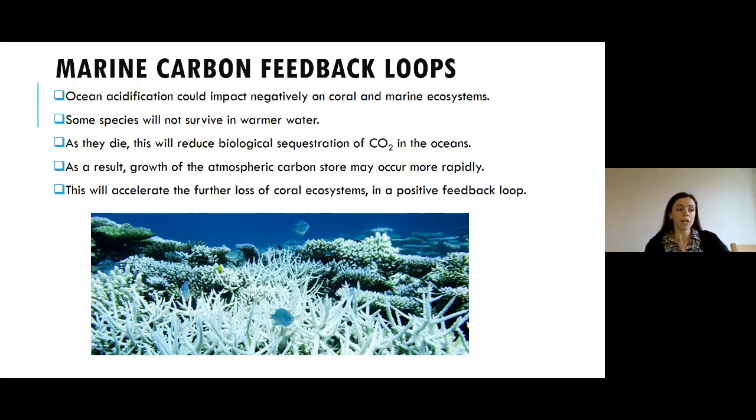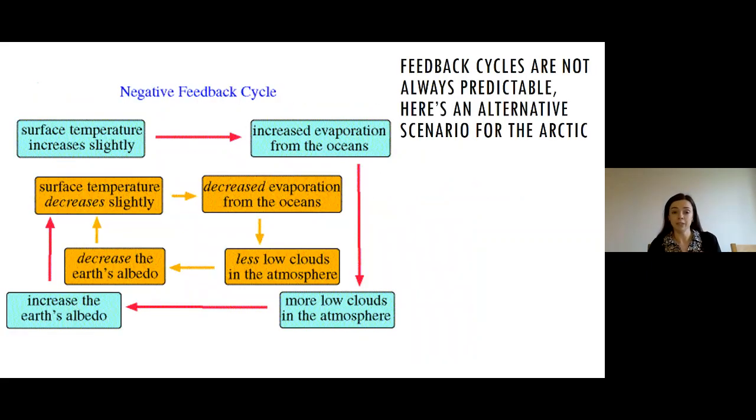Now, here we have a negative feedback cycle, which is a bit of an alternative. So feedback cycles are not always predictable. So here's an alternative scenario for the Arctic, which is the cryosphere. So ice melts to expose the darker coloured ocean, which absorbs more sunlight. As the ocean